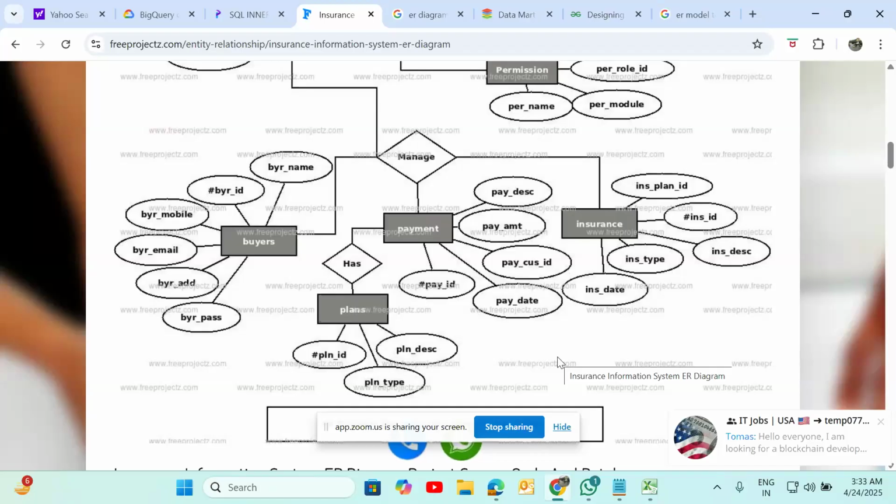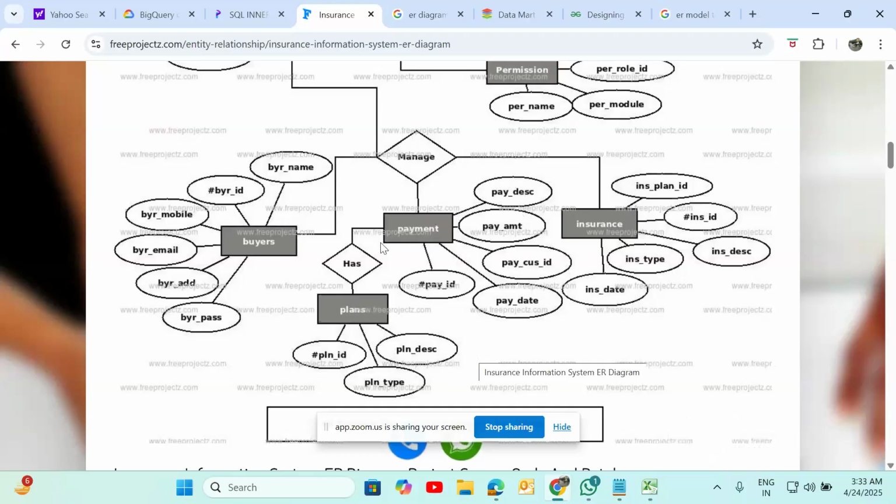That is the reason we have this simple logic: fact table and dimension table, I told you, right? What is the relation between these two tables, primary key and foreign key? What is a primary key, what is a foreign key? Customer ID, payment ID. For example, payment is my fact table. Payment ID information, where will it be stored? For example, Ravi has 001 as his insurance ID, and his payment ID is XYZ001.